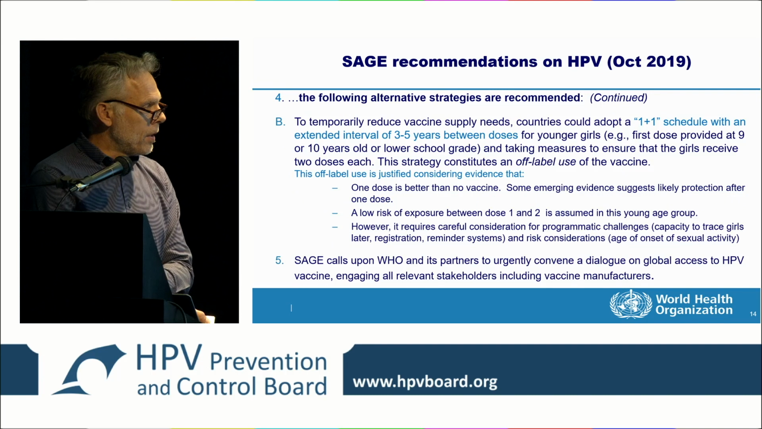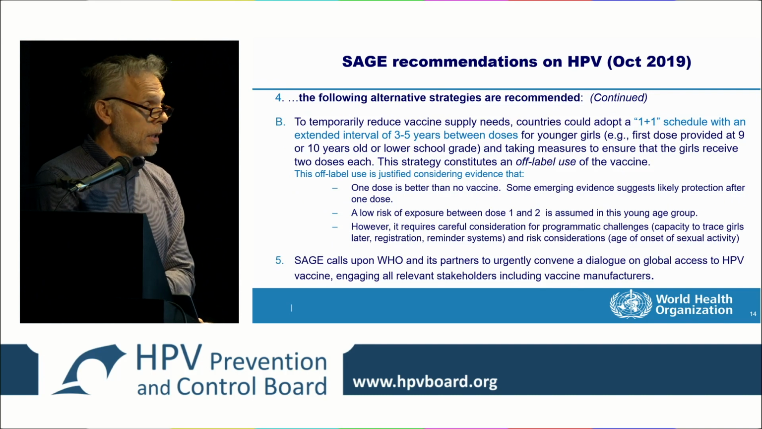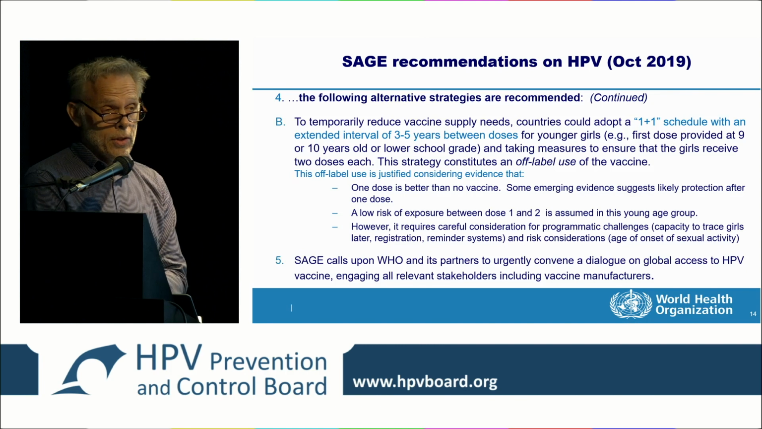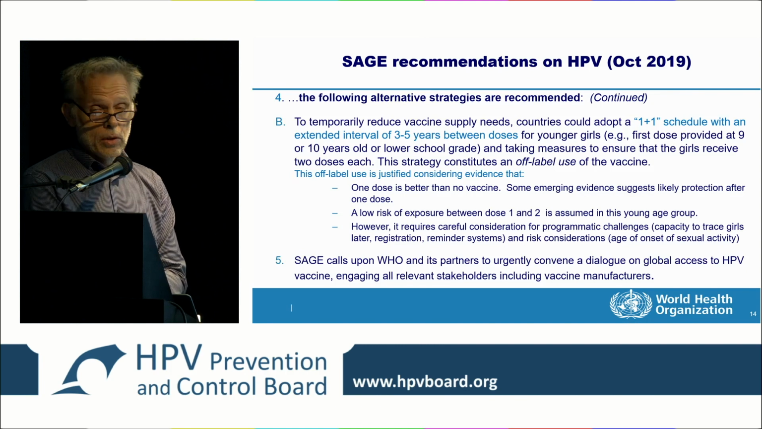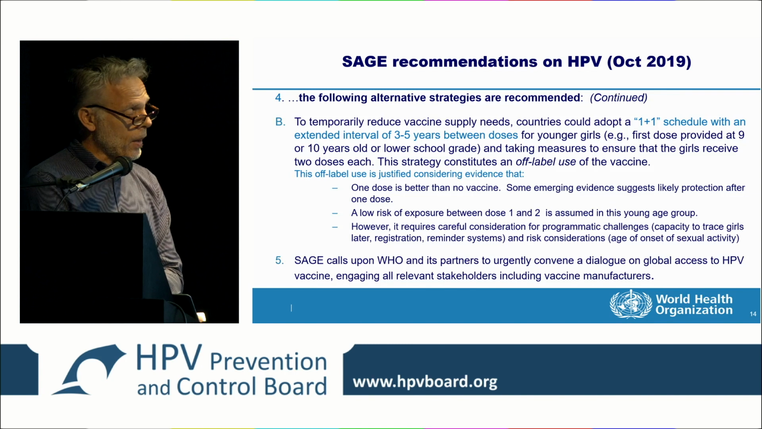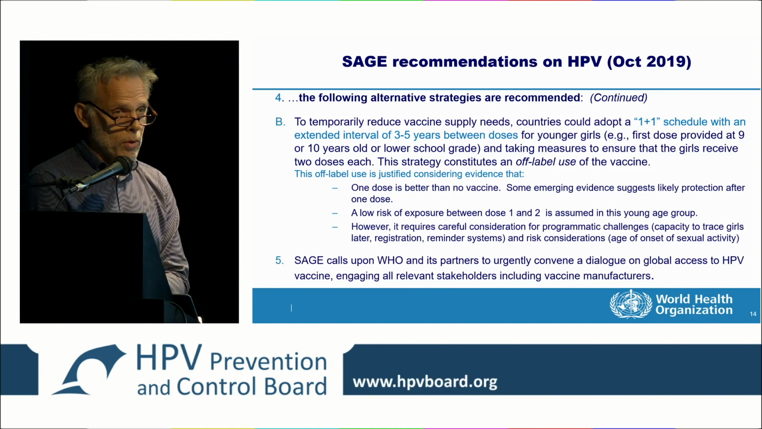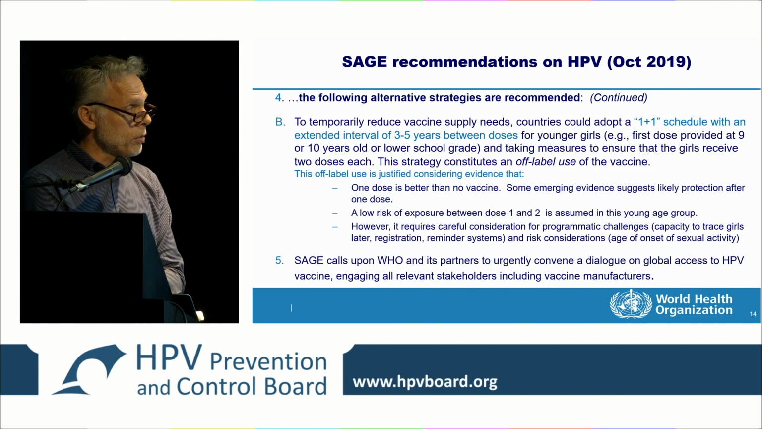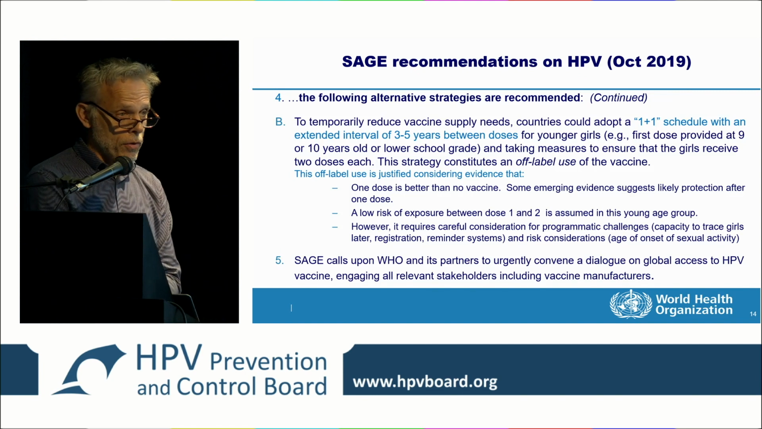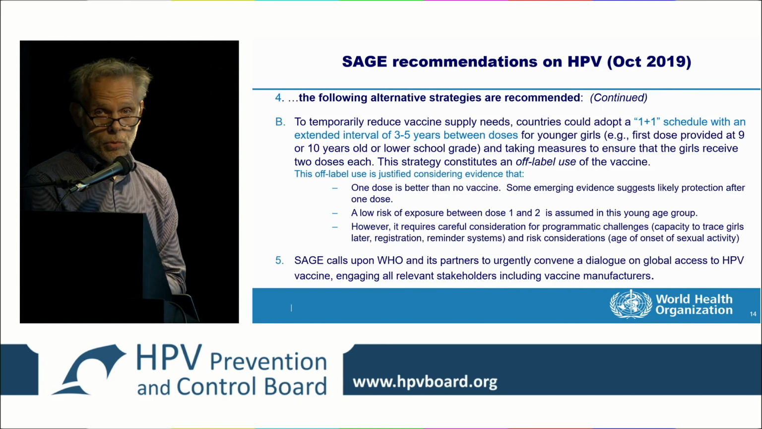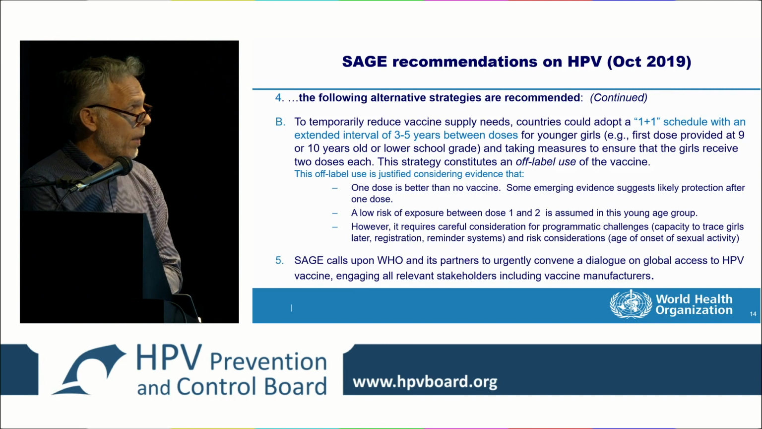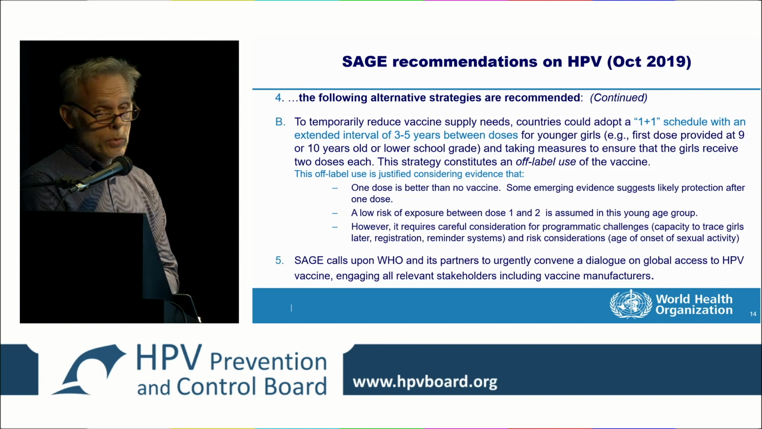And the other one, and that is probably the more important one, is the extended schedule. So it remains a 2-dose schedule. There needs to be commitment to find the girls for their second dose, but we could start with an extended interval of 3 to 5 years, and this is something that would really help the global supply situation or allow countries to introduce. So this would constitute off-label use of the vaccine,